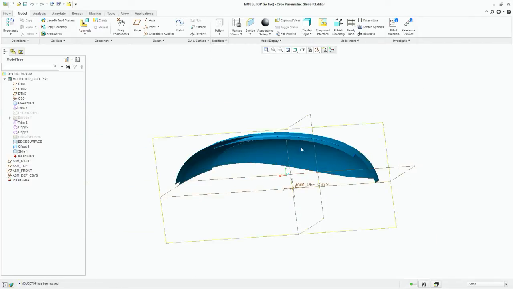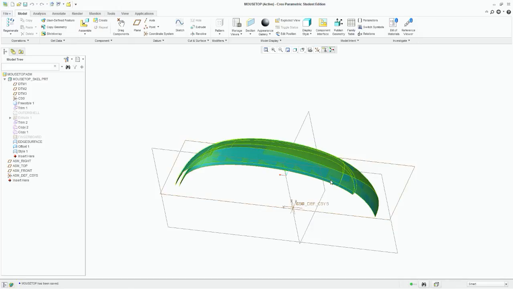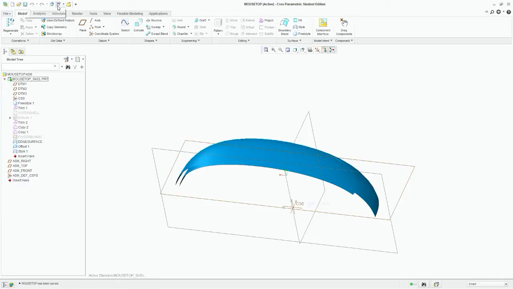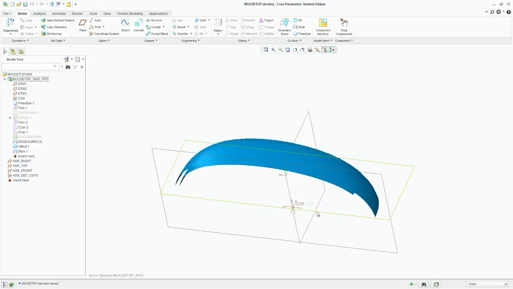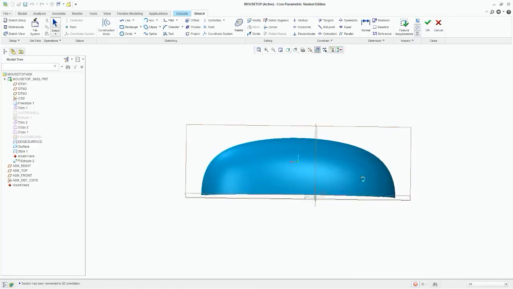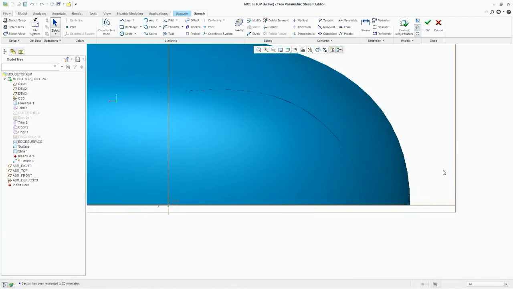Right, now we're going to create this little bump up here. And we're going to do it by coming into this plane. And we will make sure our skeleton is active. When we change that window here, if I come here to ASM, it moves us back to that being active. So we need to come in here, activate our skeleton part, click on this plane, and we want to do an extrude. So what we'll do is we'll build the vertical walls of this part now, and we're just going to come in here,